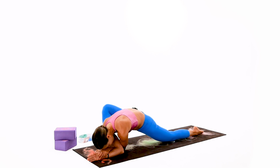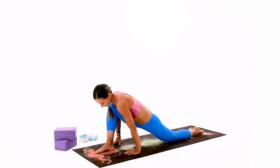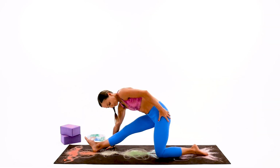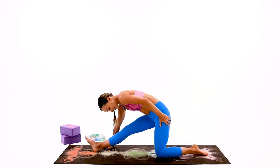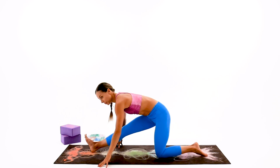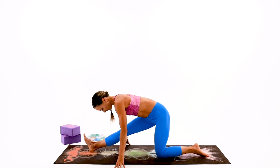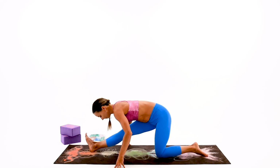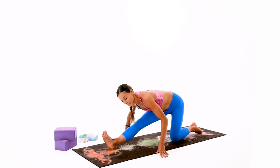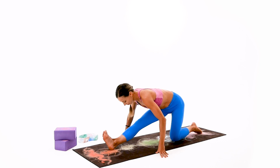And let's slowly start to come back up to the half Hanumanasana, or half monkey pose. Let's set our right hip above the right knee and start to fold forward. Maybe not all the way through yet. Maybe you have your blocks up there, maybe you don't. Just folding forward through the hip flexor, bringing some attention to your back. Keep on breathing through the nose in,